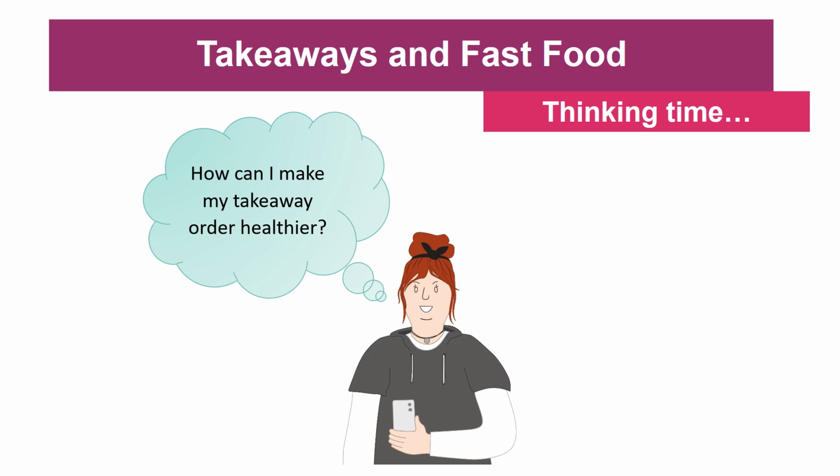Using these slides as a guide, think about what you would normally get at a takeaway and what healthier options you might put in place next time. If I find myself having multiple takeaways in a month, instead of missing out with my friends or family, I might opt for a healthier option like a stir fry and plain noodles from the Chinese, and also share out food to help with my portion size where possible.